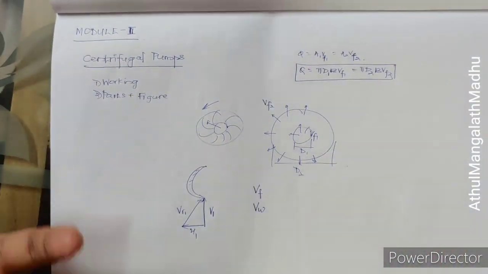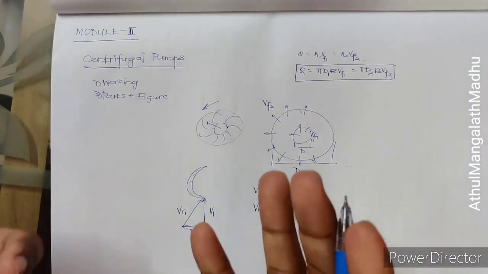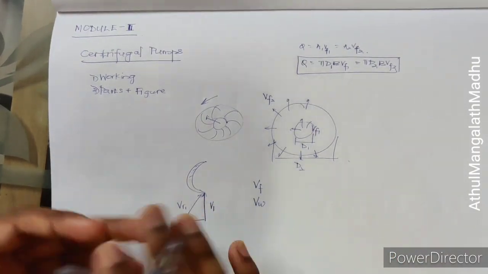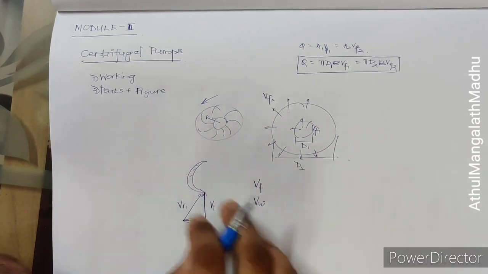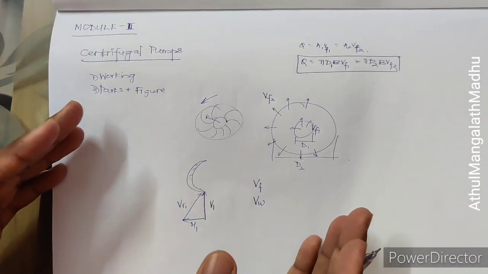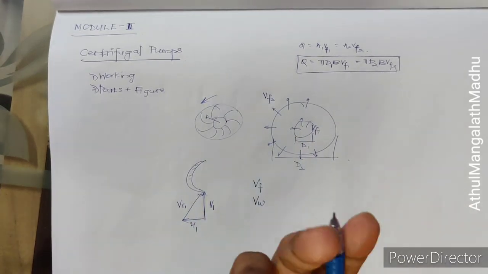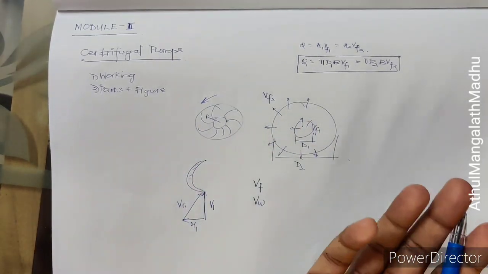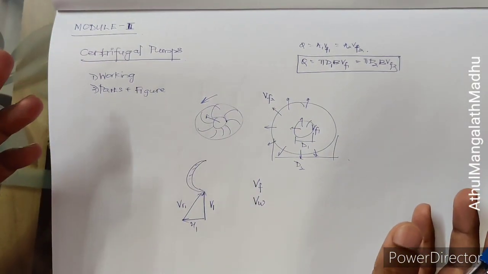These are all basic things you might have understood. The only thing that you have to know is what's the alpha value, what's the beta value, how to play with the figure. If you draw the velocity triangle correctly, half part is done. The rest is your trigonometry. Sometimes they'll be asking how to find u1, how to find alpha, how to find theta, and those will be the different questions that they have.